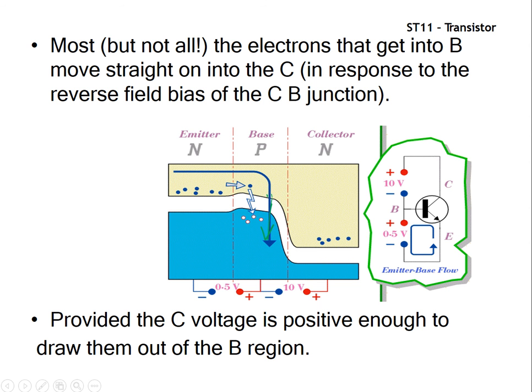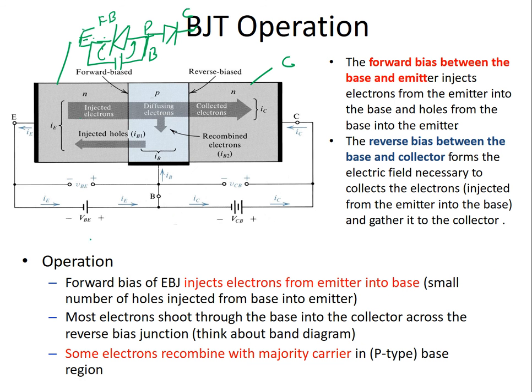So what is actually happening here is that we make this region forward bias. The injected electrons will be pushed, will enter the p region, and finally will be attracted towards the collector region. Due to this, electron current will start flowing, but also we are having a very small base current due to the recombination of the electrons which are entering here.